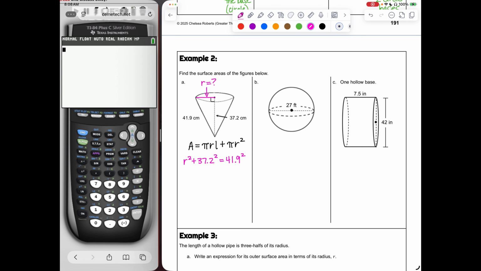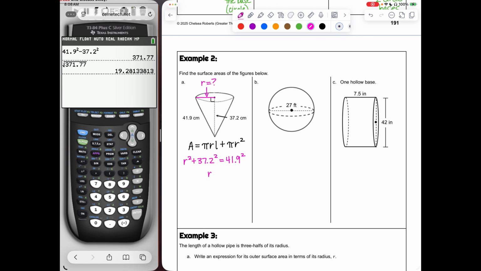41.9 is the hypotenuse, and 37.2 is the leg, as well as r is the other leg. So I would have to subtract 41.9 squared and 37.2 squared. I'm going to subtract 37.2 squared on both sides. And then I'm going to have to take the square root of that result, which would end up giving me